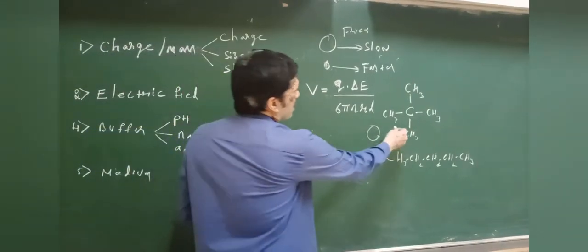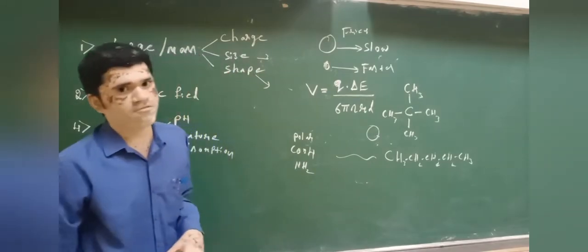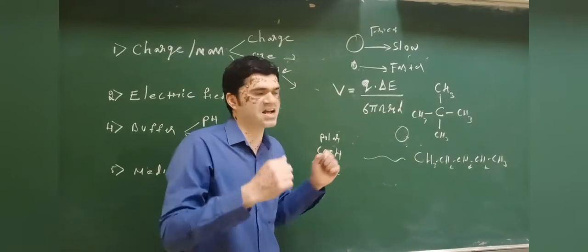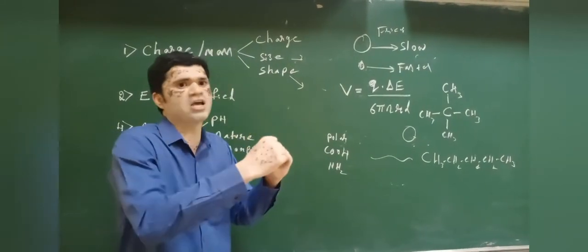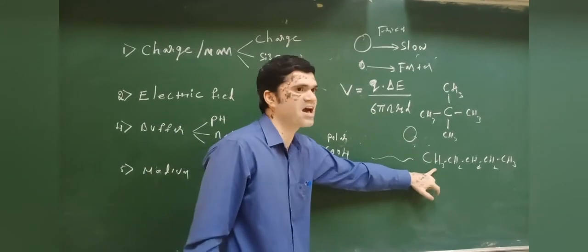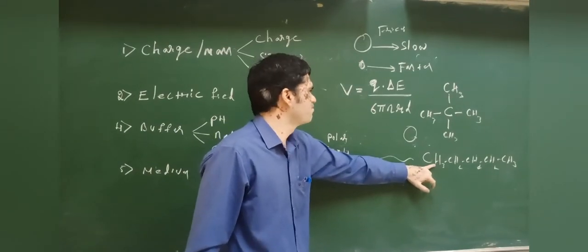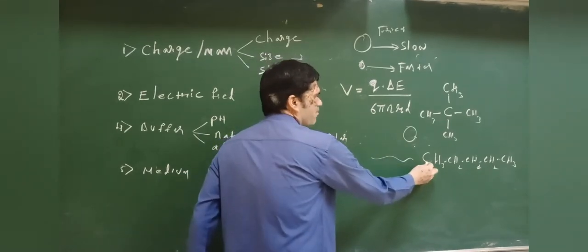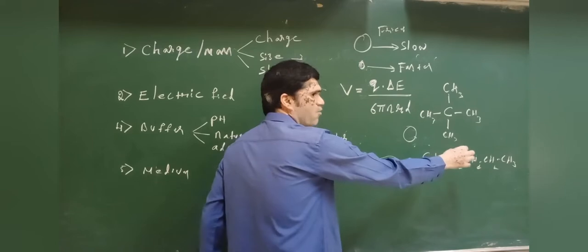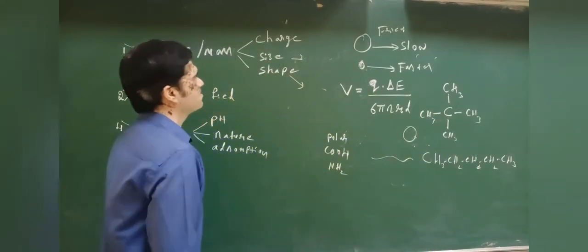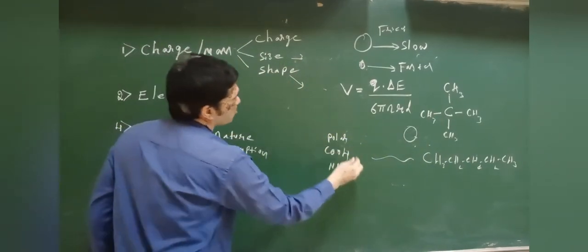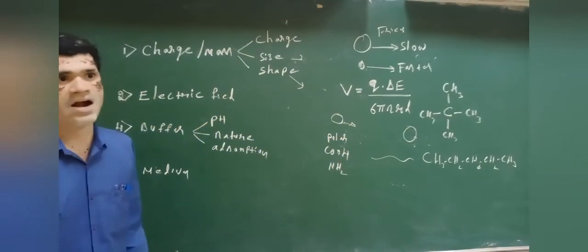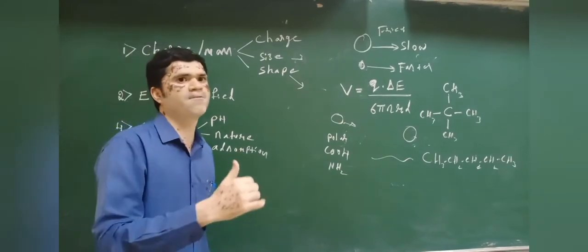So now the boiling point depends upon the van der Waals force of attraction. Since larger molecules have more van der Waals force of attraction, the molecules tend to stick together and therefore the boiling point will be higher because the size is larger. So the van der Waals force of attraction will be higher, and therefore the linear chain will have a higher boiling point. Similarly here, since the molecule is round, it is smaller in size, and therefore friction will be lesser, and hence its electrophoretic mobility will be higher.